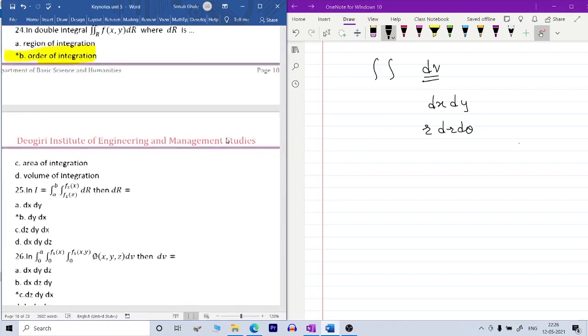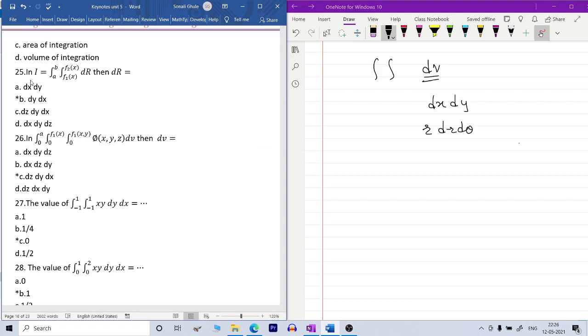Okay. Let's solve the next example. In double integration, what is dr? As I told, it is the order of integration, and we can see it is a Cartesian curve. So definitely we have to write Cartesian order. That is dy dx is the correct one. Why is dx dy not correct? Because our limits are in terms of x, so definitely your first integration is with respect to y and second integration is with respect to x in the double integration given. Okay, so that's why this is your correct option, not this one.